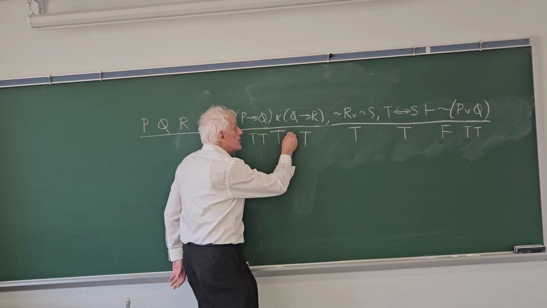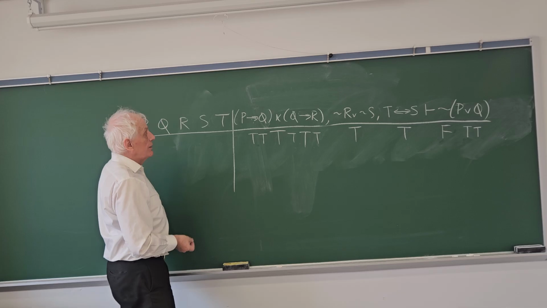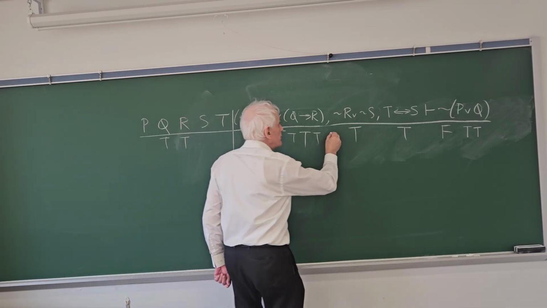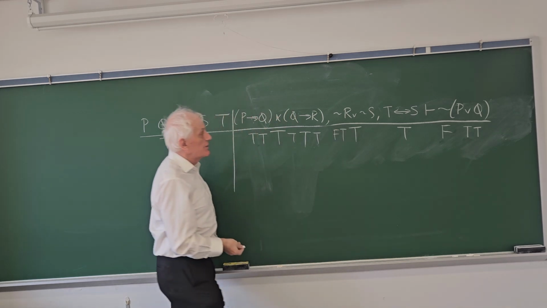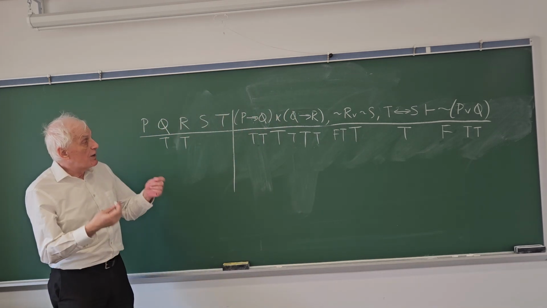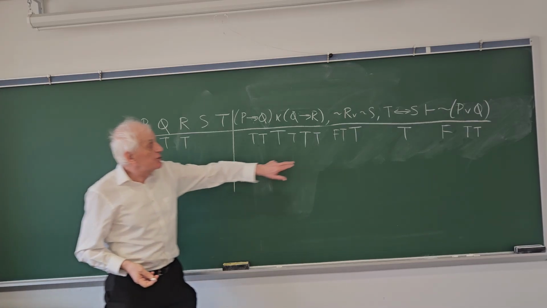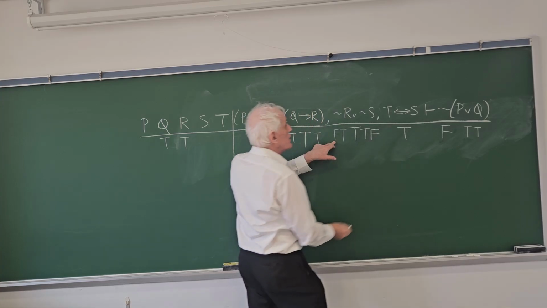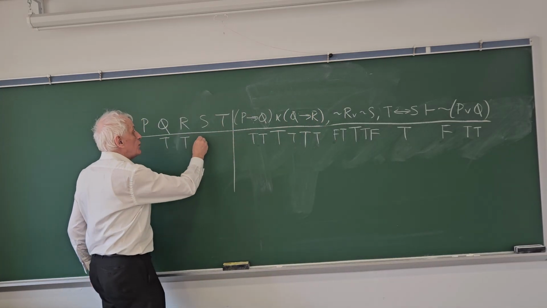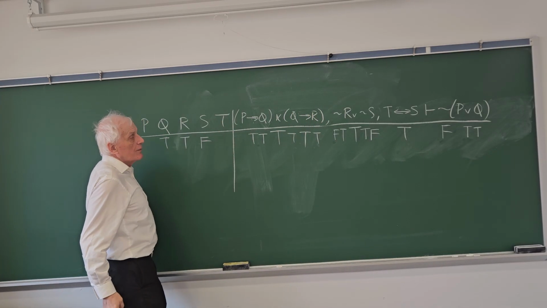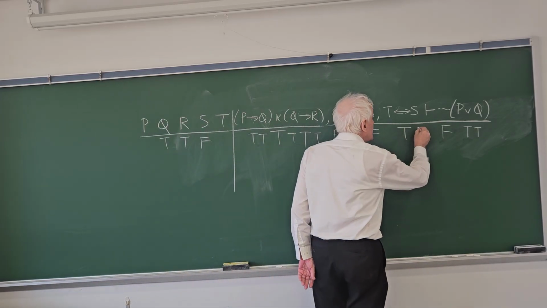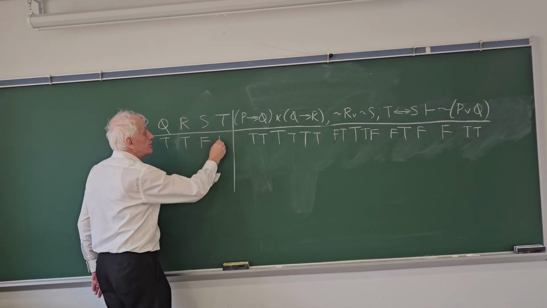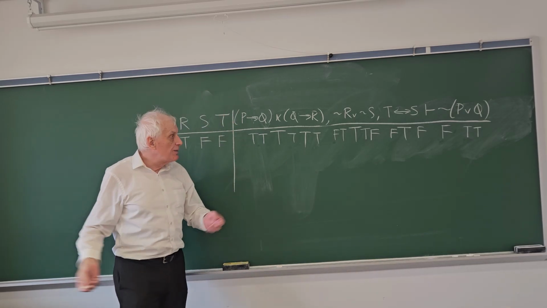Well, if Q is true, R is true, right? And if R is true, then the left disjunct of the second premise is false. So if R is true, not R is false. Well, a true disjunction with a false left disjunct must have a true right disjunct. So not S must be true, so S must be false. If S is false, T must be false, because a biconditional is true only when the sentences share the same truth value.